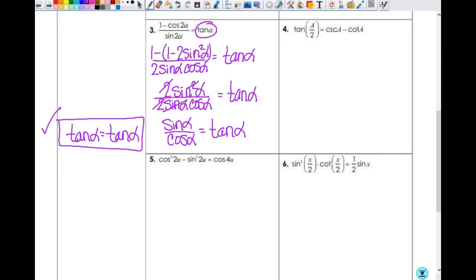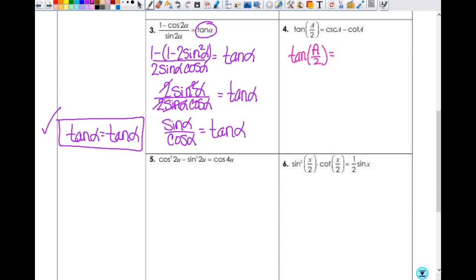I've got tangent of the half angle. Now there's 3 options for the tangent of the half angle. So chances are pretty good that one of them is better than the other to substitute in, but I don't really know which one that would be. And so instead of starting with the left-hand side, I think I'm going to start with the right-hand side and work with that one and maybe see if I can get it to match any of those. So I'm just going to write down tangent of a over 2